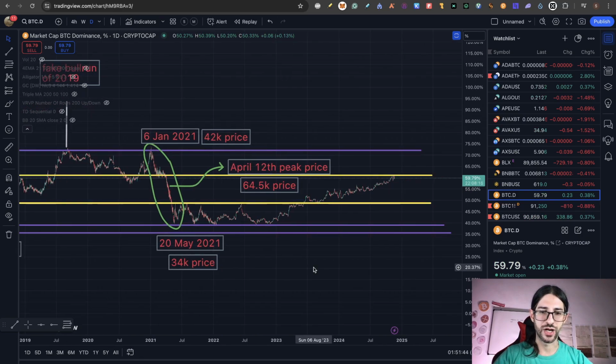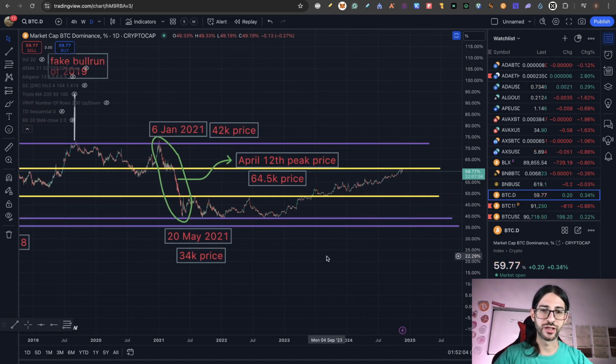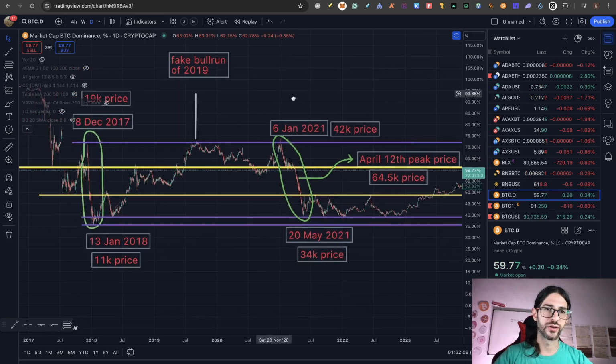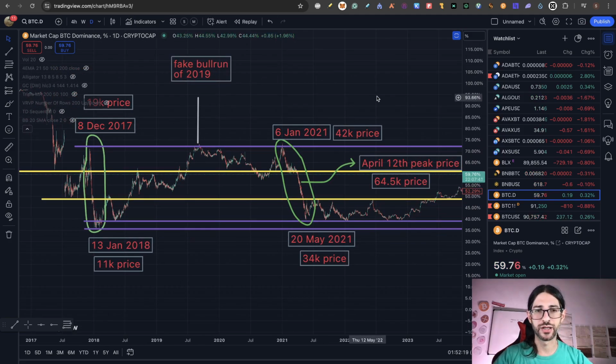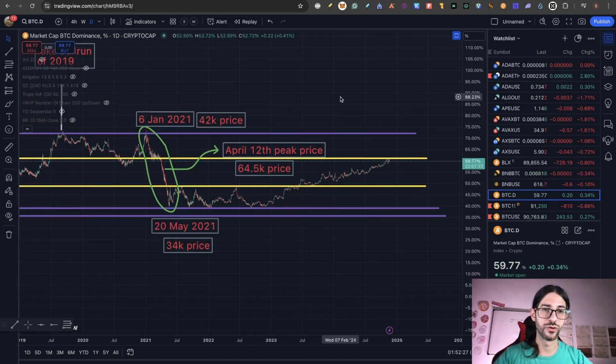So that is why this chart is great, and why, if you check the facts and compare the dates of what happened with the dominance versus what happened with the Bitcoin price and the altcoins price, you will be looking very closely at this chart. Also, another chart that could help you is the total market cap without considering Bitcoin. So that is basically a chart for the altcoins as a total unit. That chart is very interesting to see when the altcoin season can start.